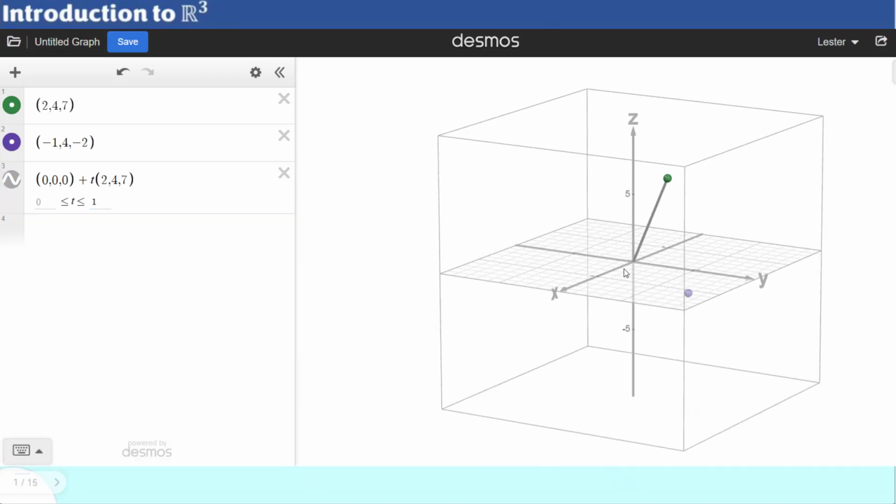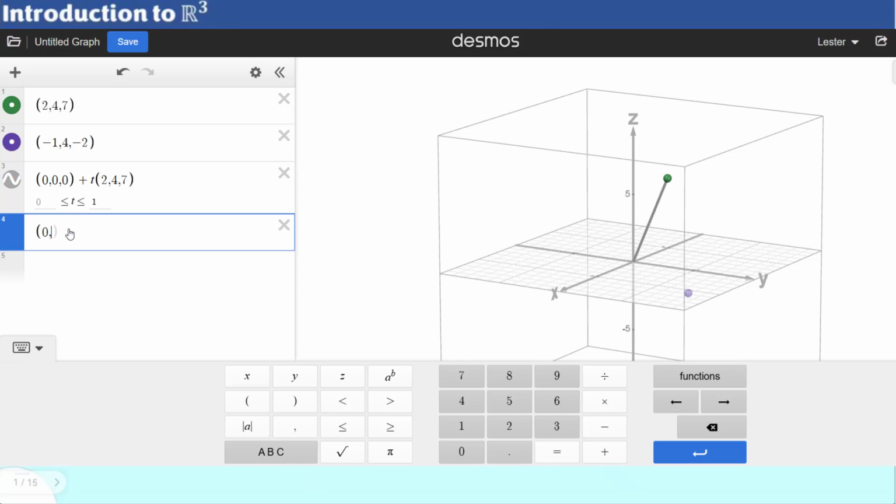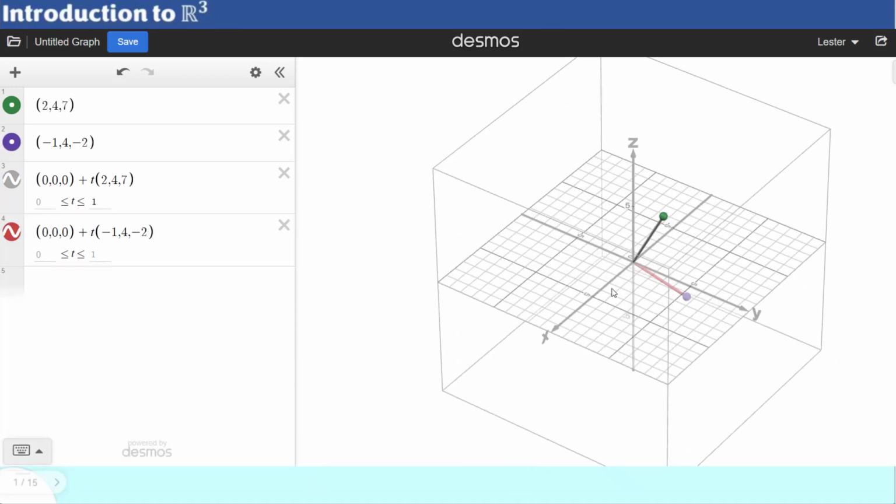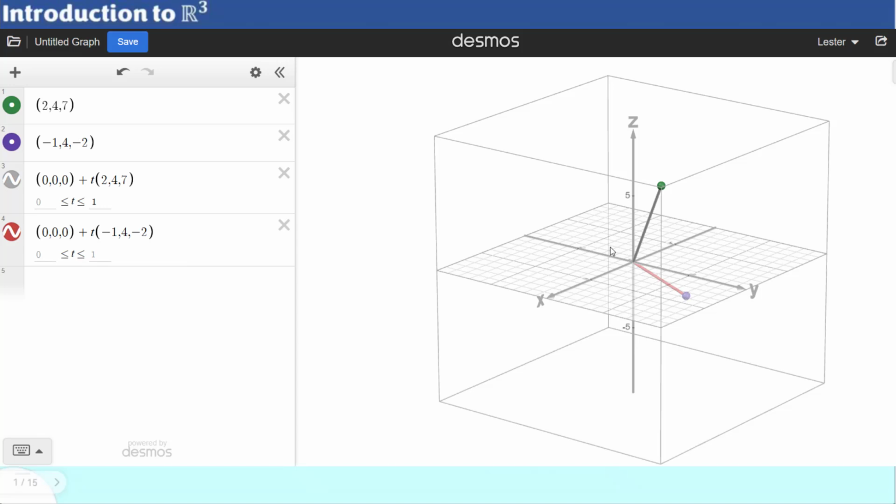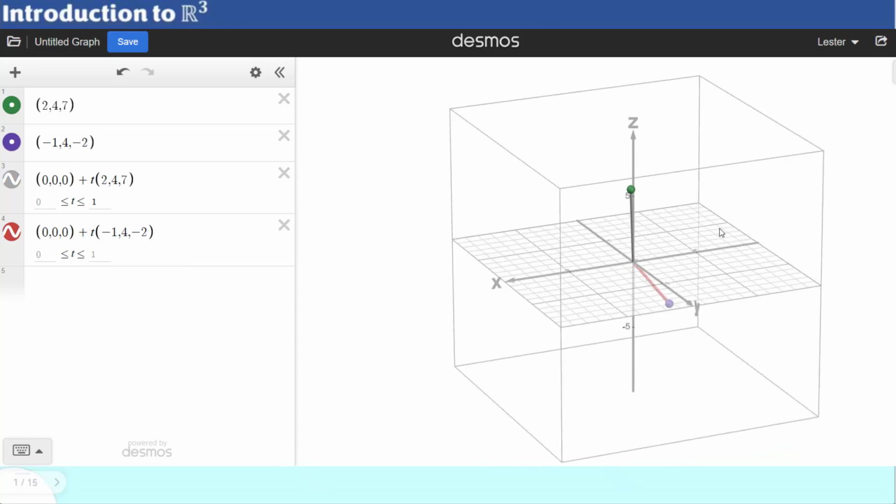Now, I had that on our previous illustration with the 2D earlier, when we connect the origin and the point to consider as the vector. Similarly, if you're going to write the vector for the second one, you may start with (0, 0, 0). Take note, the notation here is red, so something red would pop up here. You have your plus t, and then your direction vector, (-1, 4, -2). It would connect to the point, okay, somewhere here. This is why we had this Desmos to illustrate further our form. Now, you can use this to illustrate further any other notations, but this is how we illustrate it more clearly than the previous illustration I had.